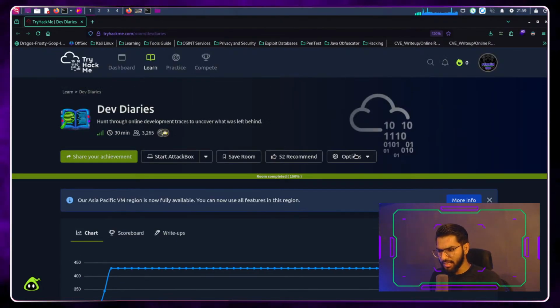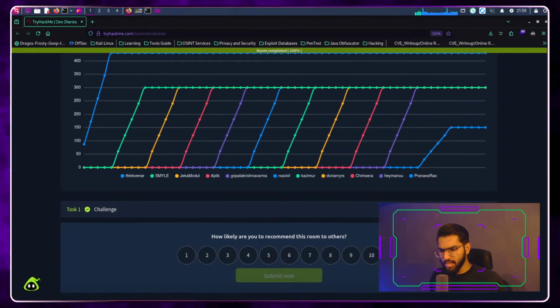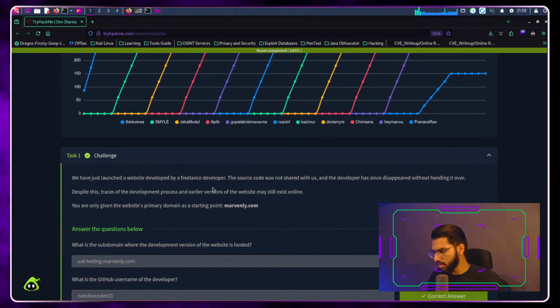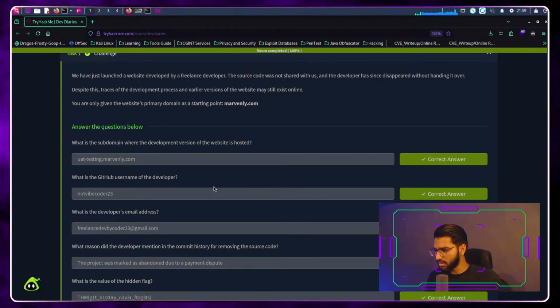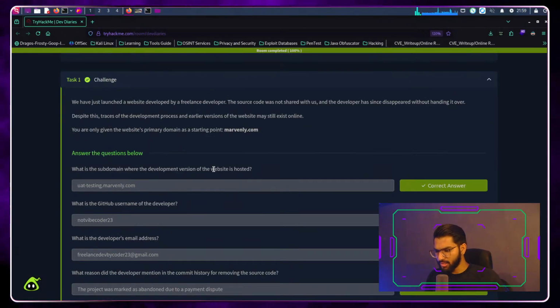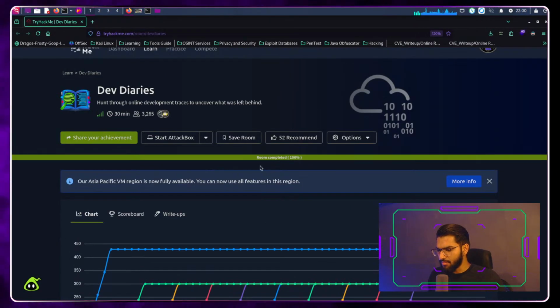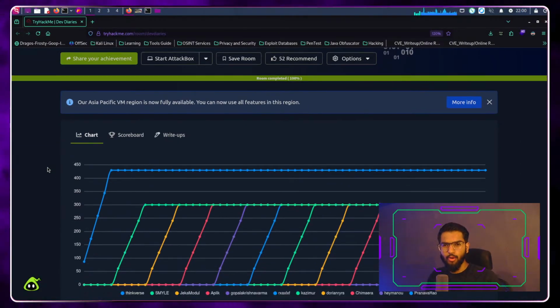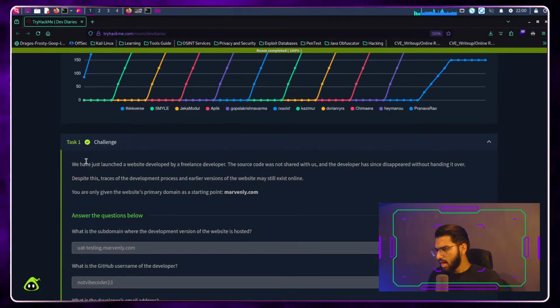Again, let me reset my progress. Or actually, I seem to have a problem here. The reason I don't want to just remove this is because there's one particular question which has been taken down or is no more available on the internet for some reason. So for that reason, I'll not reset this room, but I'll just keep this there, and we can just follow along as we solve it. Well, let's get into this.